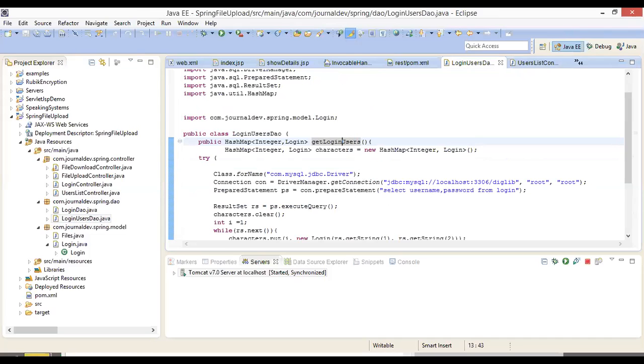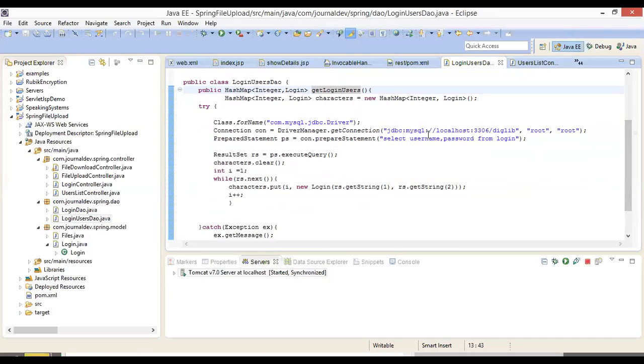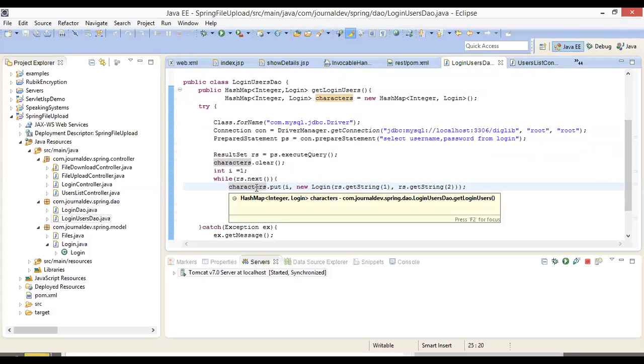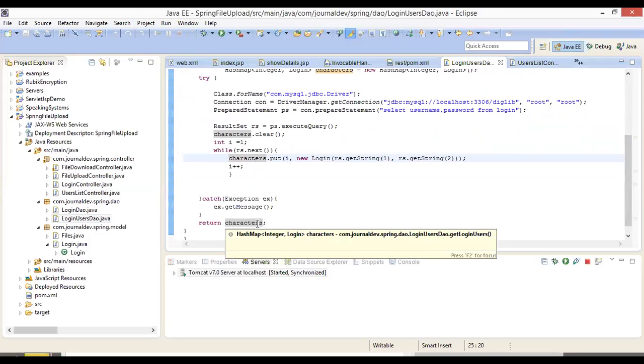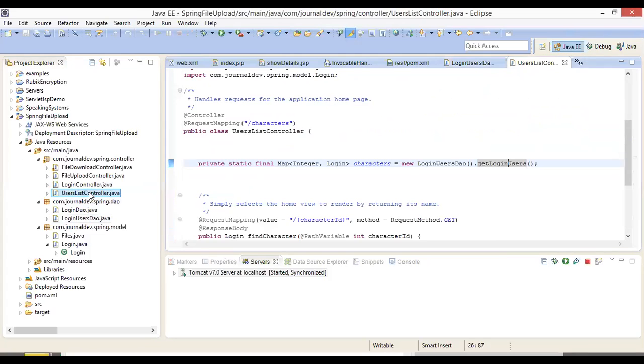It is getting the username and password from the database table, putting that into a hash map, isn't it? And returning that as a hash map. So that hash map you are putting now into the map. So what will characters have now? Characters will have the table contents, username and password. So this is how you can connect.